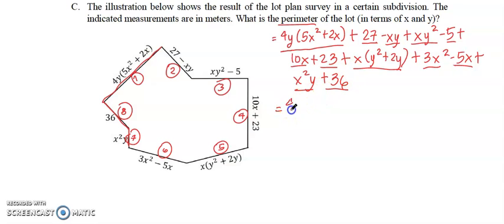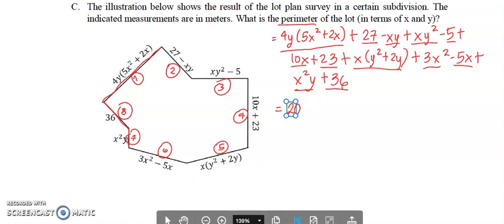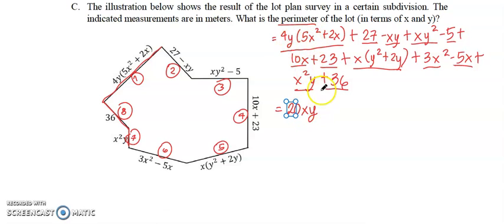So we have 4y times 5x squared. We multiply 4 and 5, so we will have 20. So we write 20. And then, what are the variables here? We have x and y. So we write x and y, and we just copy the exponent of x and y. X has an exponent of 2, so we copy 2, and we copy 1 for y.